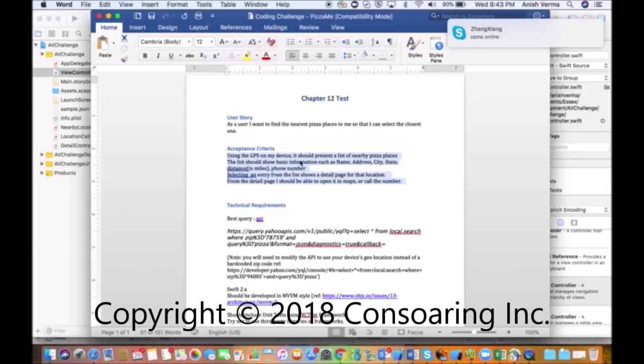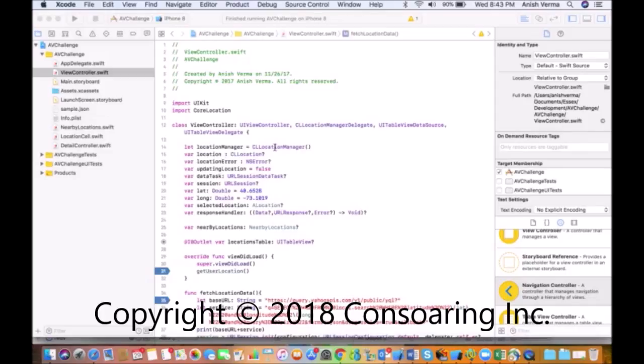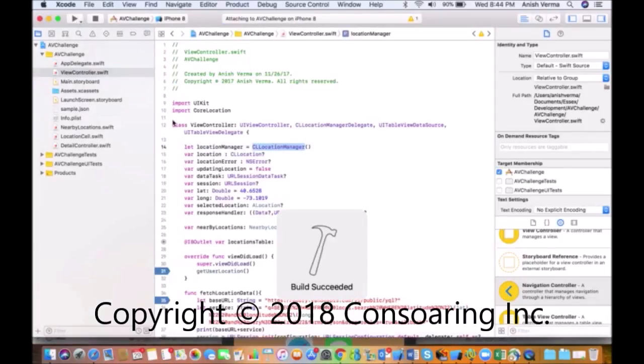Our first acceptance criteria is: using the GPS on my device, it should present a list of nearby pizza places. For that, first we need to get the lat and long values of the current device. For that, I have used the CLLocationManager class. Let's run the project first, and I'll go through step by step what I have done in this project